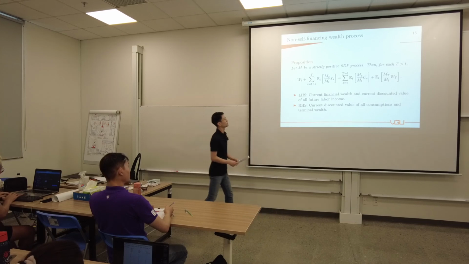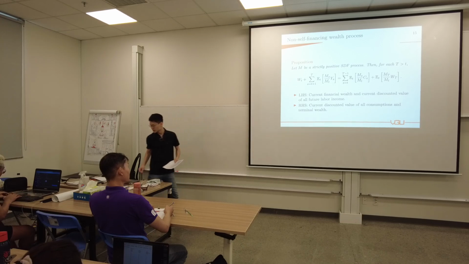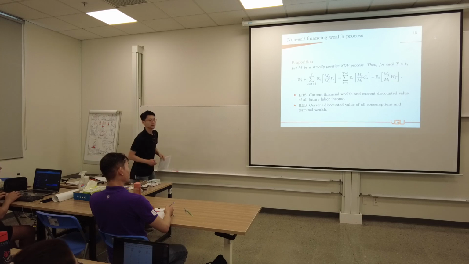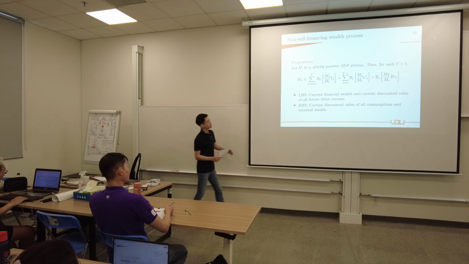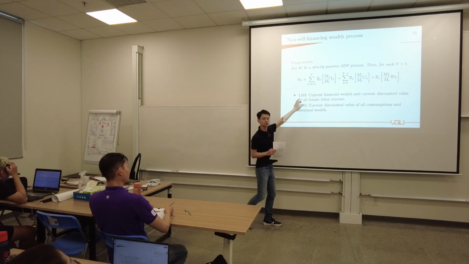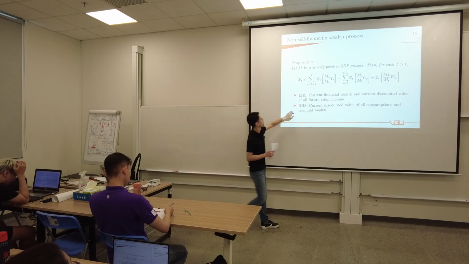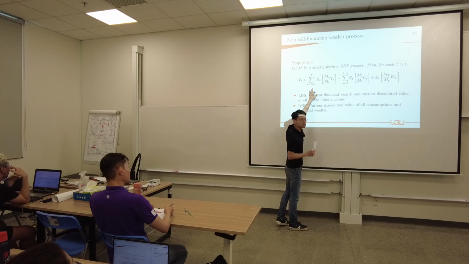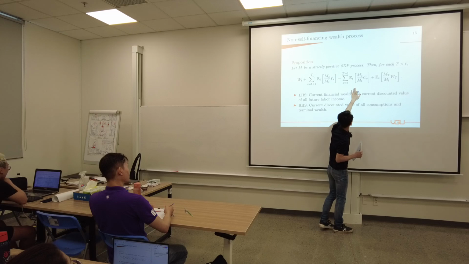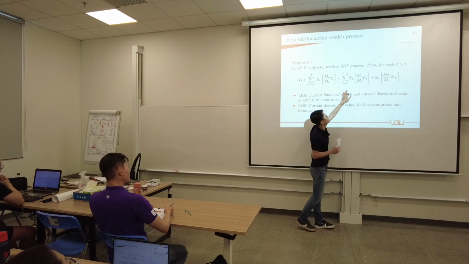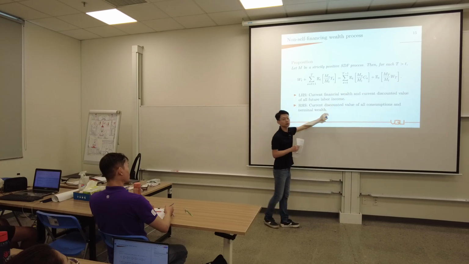So we will prove it for any small t, by induction. First of all, we have a capital T here. It is easy to see that this equation is true when small t is equal to capital T, because the income starts at t plus 1, so it goes away. There's no income anymore. And the consumption part goes up to t minus 1, so there's no consumption as well if small t is capital T.